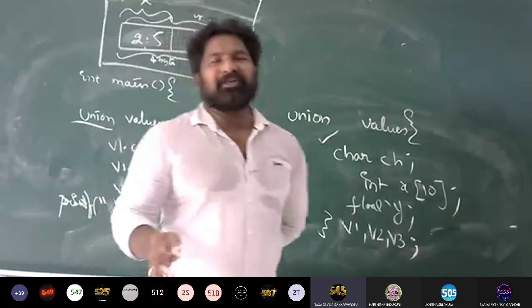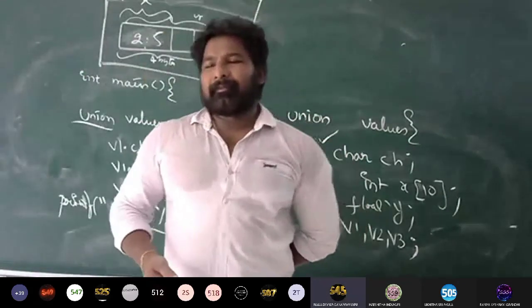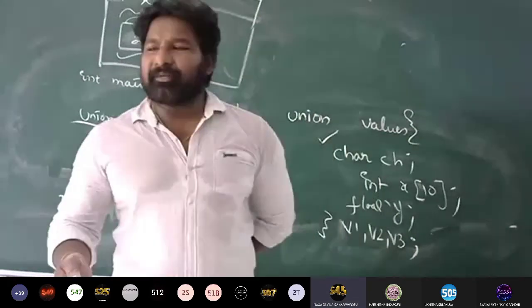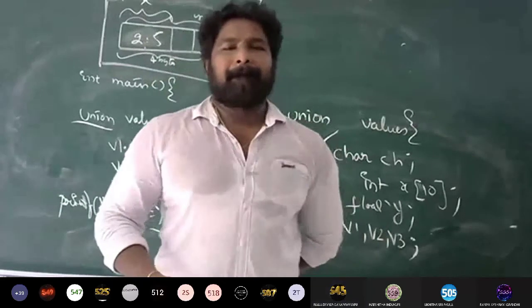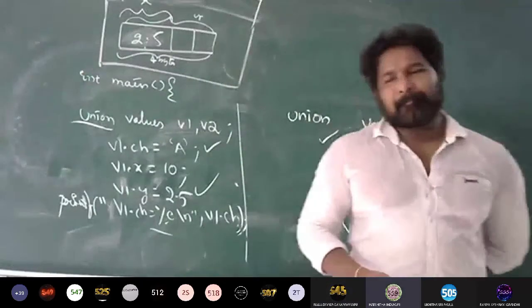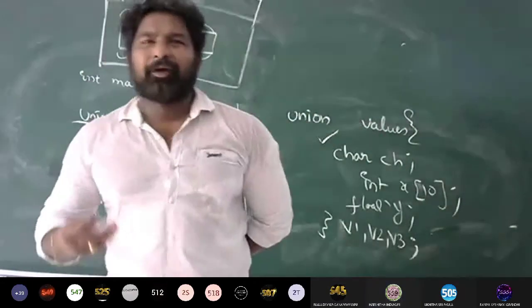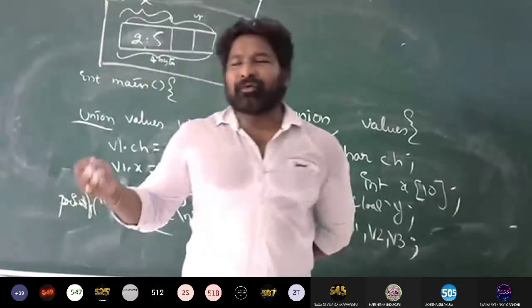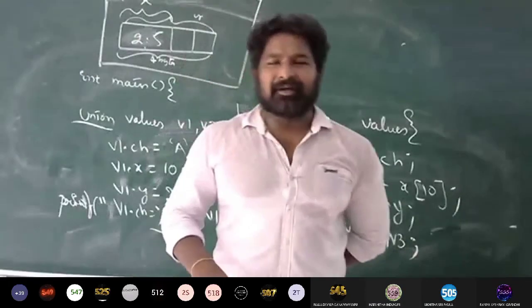In union there is a single memory for all variables. When do you go for structure? When do you go for union? We go for structure when we want to allocate space for every member. Very good. So we go for the structure if I want to keep all my members in the memory at the same time. If I don't want to do that, I want only the recent value, I use the unions, right?